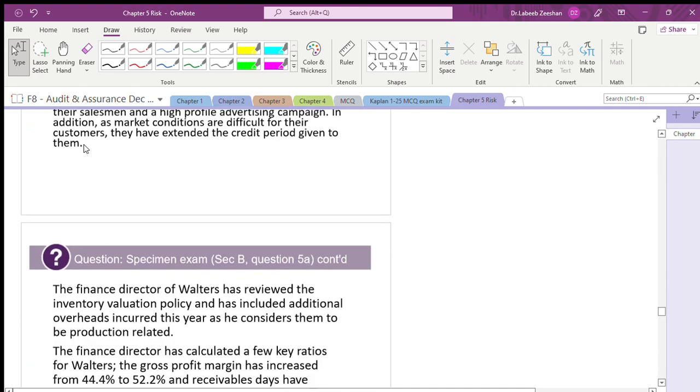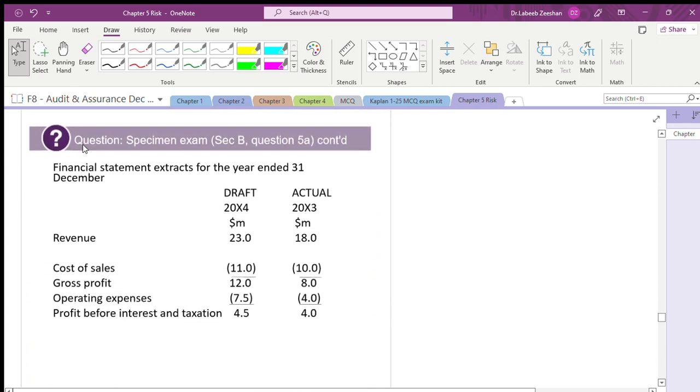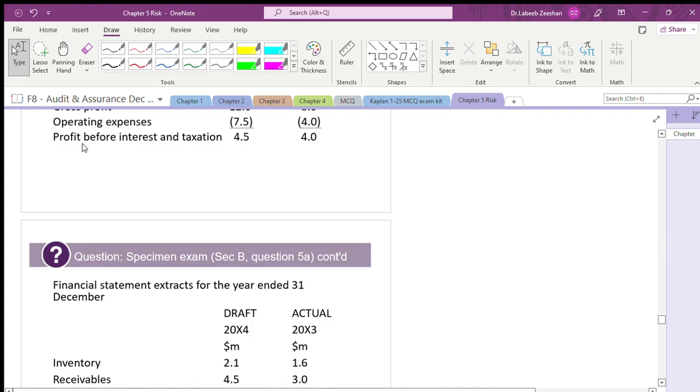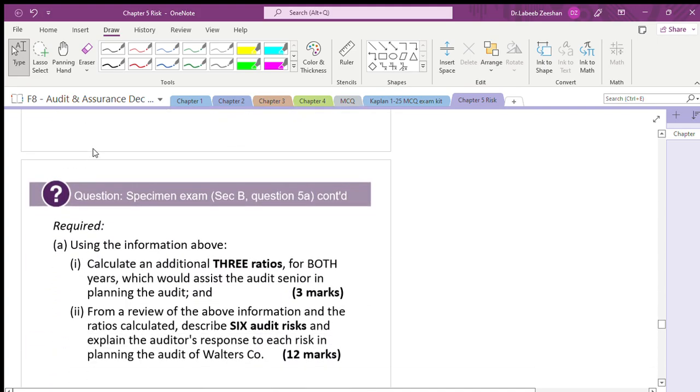Whenever you get a question, don't go and read the question first. You go to the bottom and see what the requirements are. I am not giving this instruction; these are the instructions given by the ACCA. This is the purpose of the 15 minutes reading time. When we say 15 minutes reading time, they will not ask you